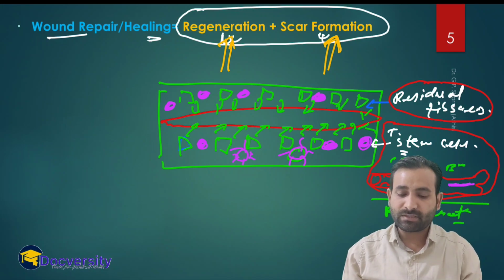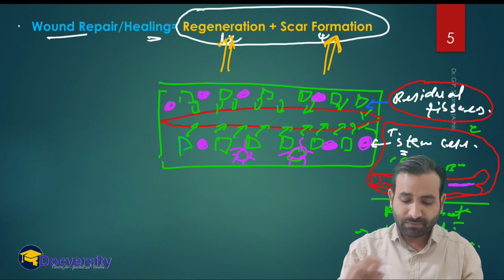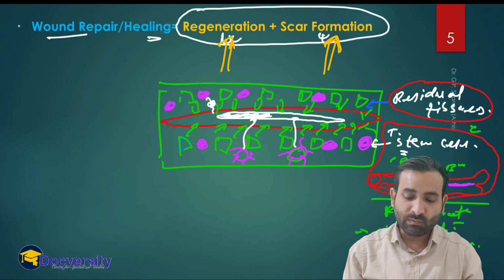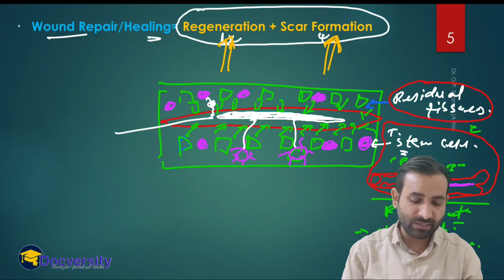Regeneration takes place either by the residual tissues or by the tissue stem cells, and this regeneration restores the normal function and the normal structure. But at the same time, we do have the fibroblasts. These fibroblasts begin to grow at this site, right? So at this region where the absolute tissue injury occurs, the site where we have the absolute tissue injured,